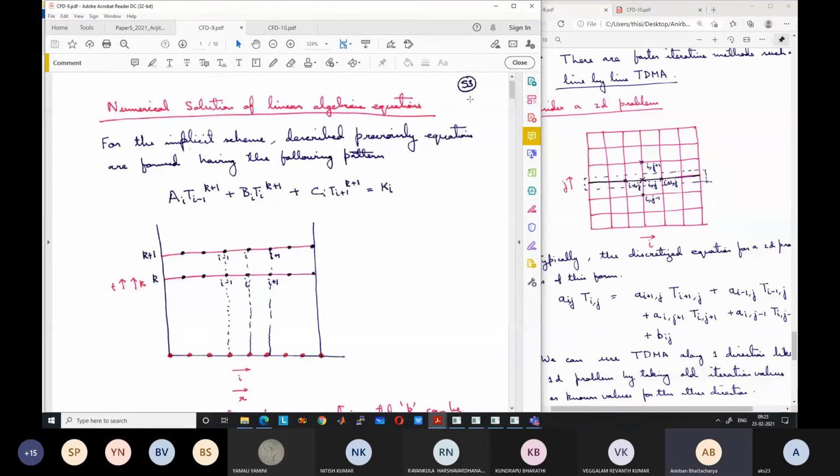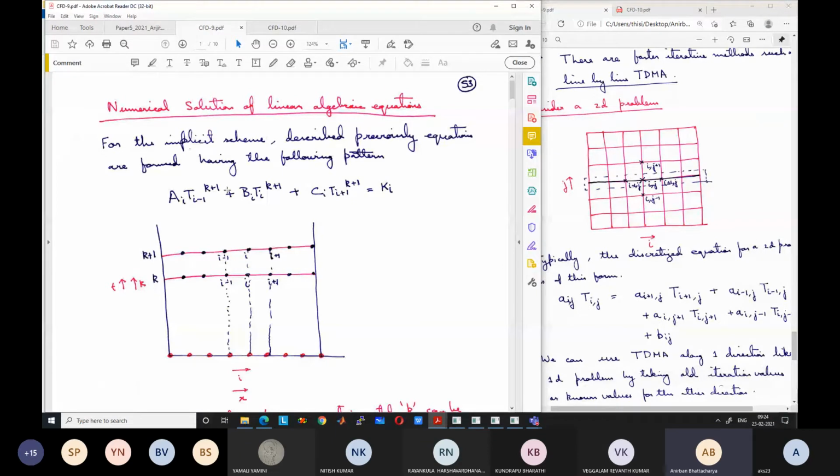So there are other methods also for solving the linear algebraic equations that are formed by finite difference or finite volume method, but these are the most common methods and you should be able to implement them. Okay, at least the TDMA for 1D you should be able to implement for solving a 1D problem implicitly. If it's an explicit problem, we don't need any of these methods. We can directly find the value as we have seen and as I have given in the assignment problem. You don't need any of this method for the assignment problem. You can directly find the values. You do grid point by grid point, okay, instead of solving simultaneously n equations and n unknowns.